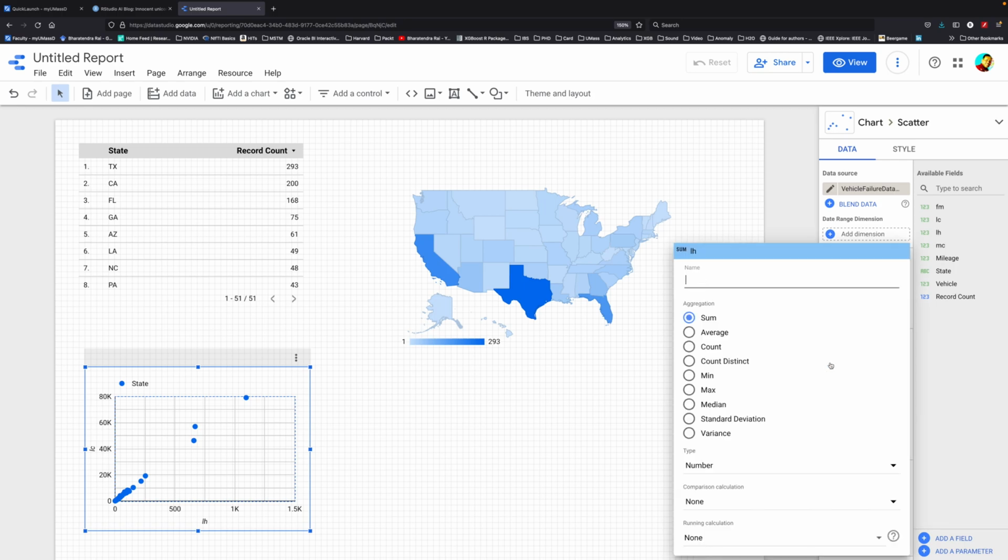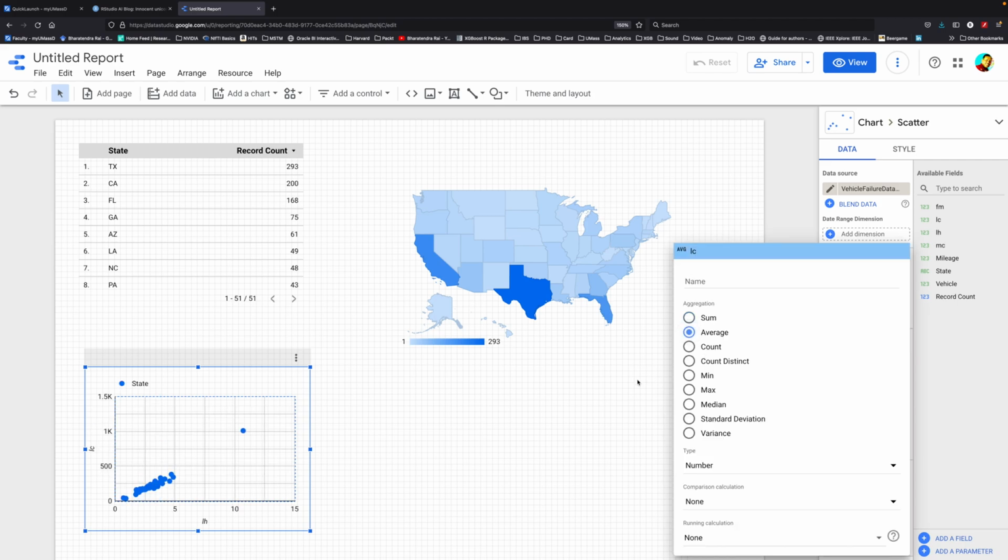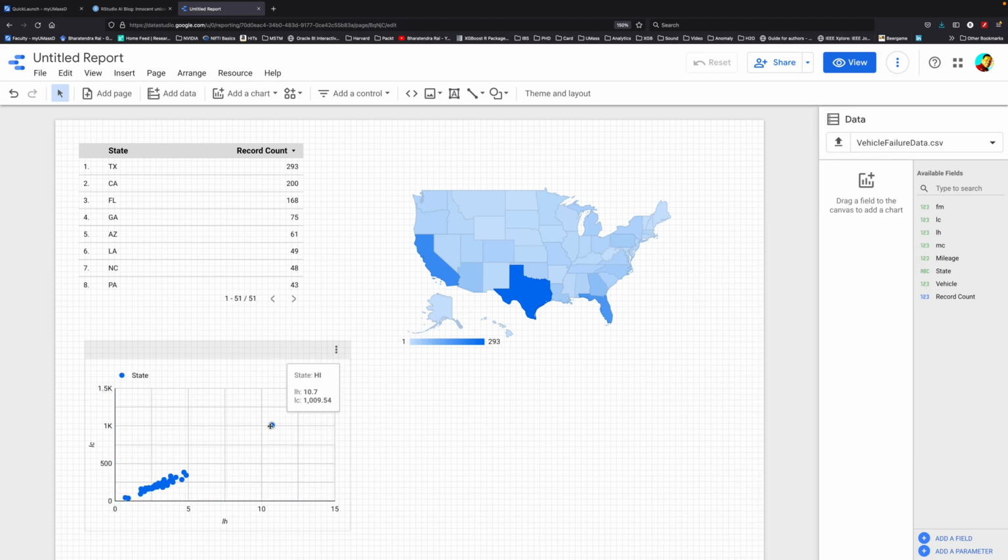Let's click on that and then click average instead of sum. We can do the same thing for LC. HI, Hawaii, has the highest labor hours and labor cost for repairing a car. Then we have some towards the bottom, and most of the data points are in between.